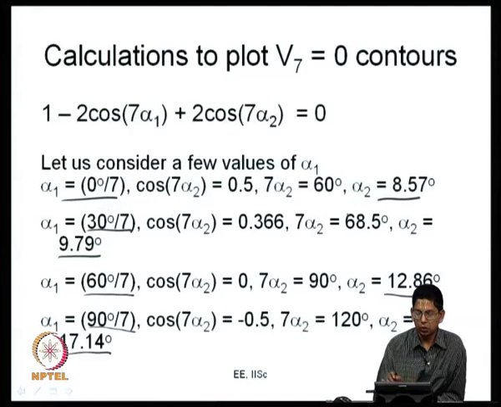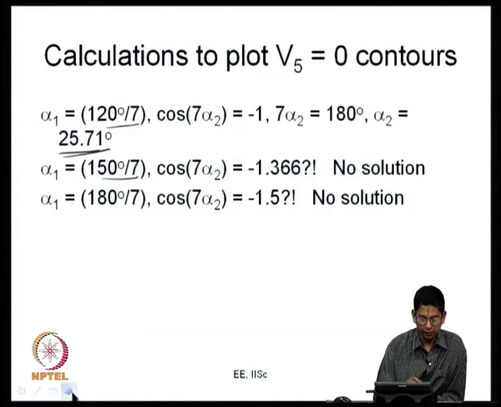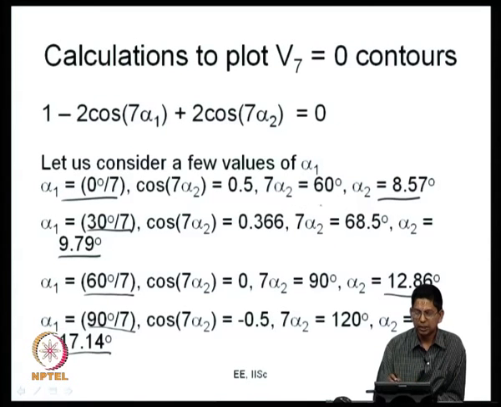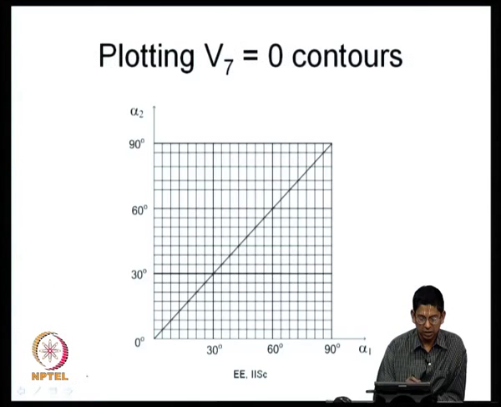First is 0 and alpha 2 is 8.57 degrees. So, alpha 1 is 0 and alpha 2 is 8.57 degrees. Basically, more than that, what I can say is 7 alpha 2 is 60, alpha 2 is 60 by 7. What I have done here is divide every 30 degrees into 7 grids. I have just made a suitable kind of grid here. So, one grid here is 30 by 7, and 60 by 7 is here, my point is somewhere here.